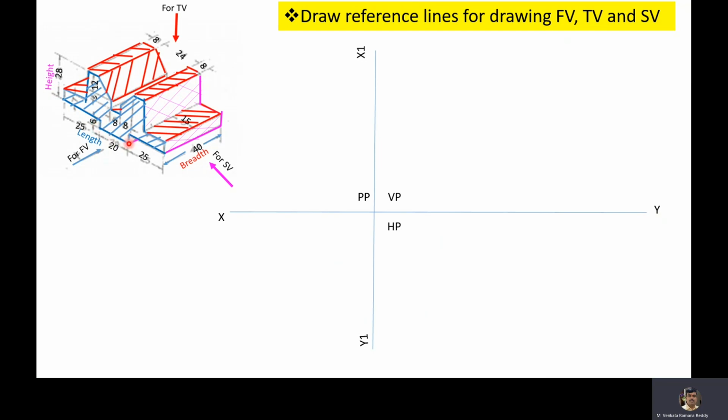Here the length is 20, again height 6, again 25 length, 7 mm height, 15 mm length, 21 mm height, 8 mm length. Then again from here 6 mm height, 25 mm length, 7 mm height, 15 mm length, 21 mm height, 8 mm length, and then this slant line, and again 5 mm height, 8 mm length, 5 mm height, and again this slant line. So this shape is visible in the front view, that is, the blue color shaded region is visible in the front view. Now we'll draw front view.